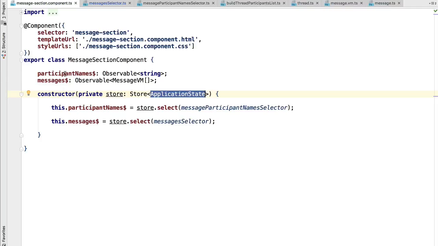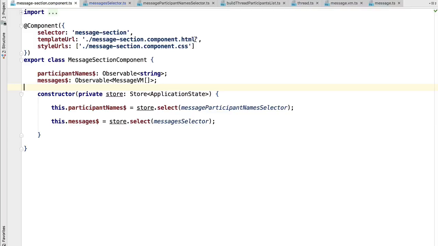So in this case, a list of comma separated names. In this case, a list of message view models. It's the goal of this selector function to output exactly what the view needs. So if our application had 10 smart components instead of 2, this is how they would all be implemented. Simply injecting the store and setting up the selectors that this part of the view tree needs